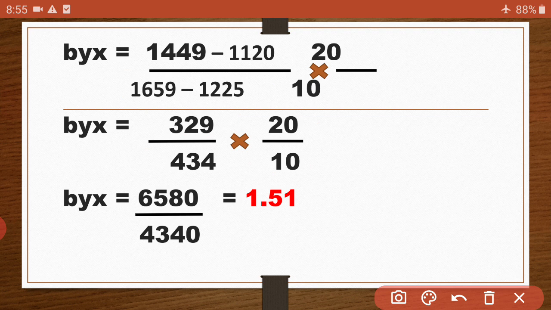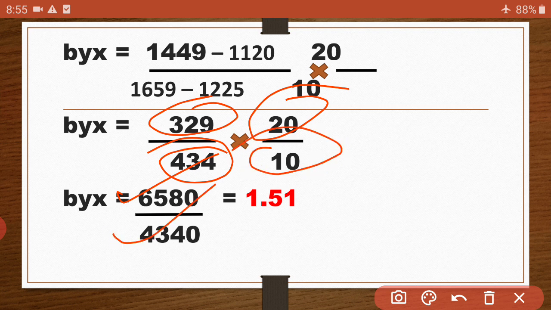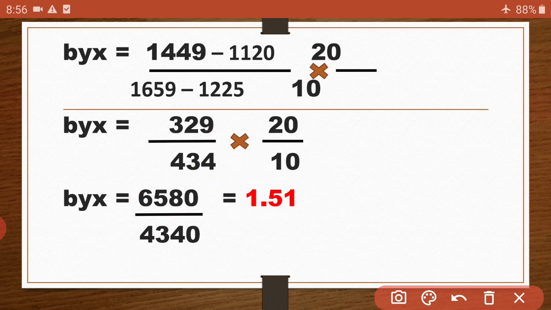After that, 329 into 20, so you get 6580. 434 into 10, you get 4340, then divided, 1.51. Okay, so you get the answer 1.51. Okay, after that,